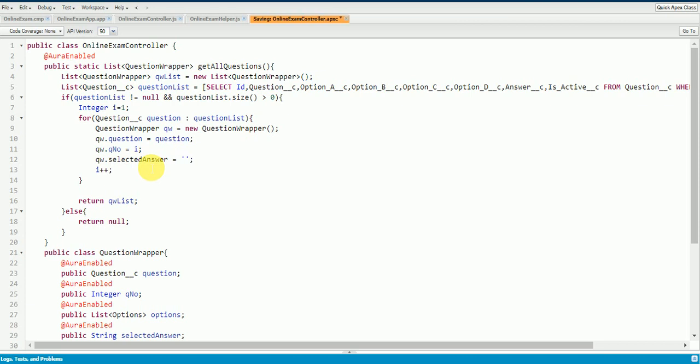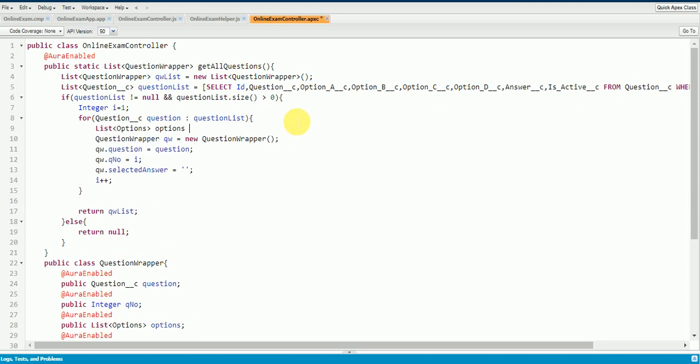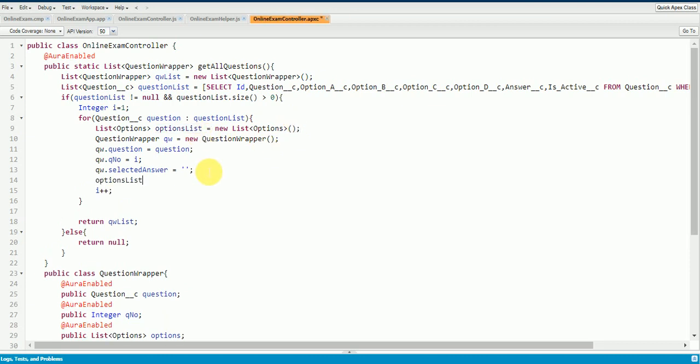And again I just want to add another thing here. We have to create an instance of the list of options as well. So I'm going to create an instance here. optionsList is equal to new list of option, and inside this option list I'm going to add my instance. optionsList.add new option, new options.